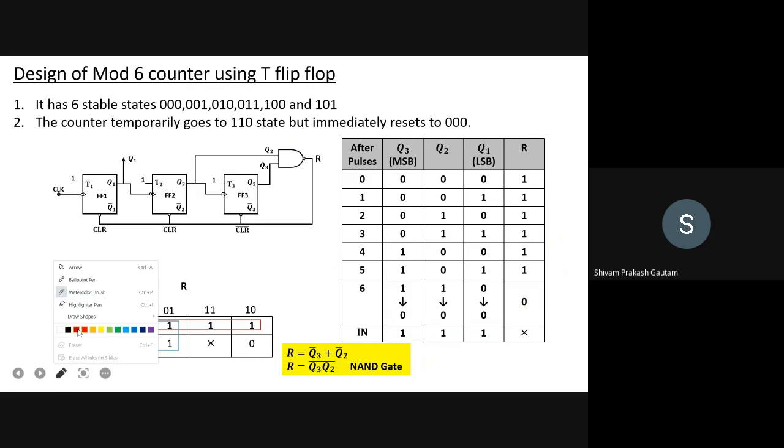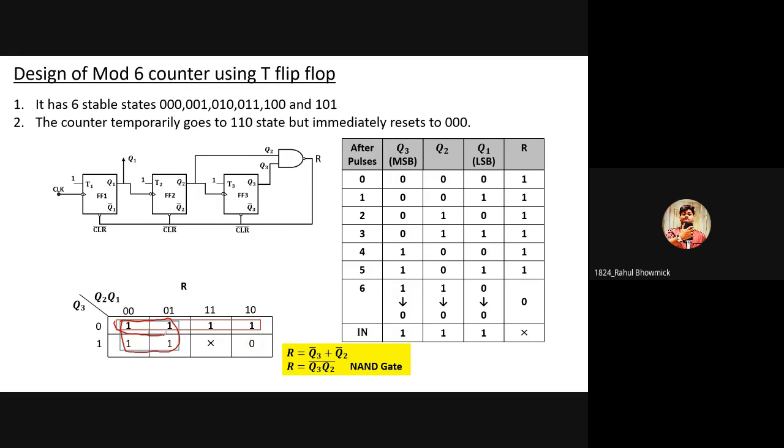Now we have to group them, right? So this will be one group, which is acting as a quad, and this is another group. This means that the NAND gate is coming from the values of R. Exactly. Yes. Okay. So when you group them, this R expression will come out. From the first grouping, Q2 bar will come out. Right? This is the first grouping, and this is the second grouping. From the second grouping, Q3 bar. Q3 bar, right? Q3 bar plus Q2 bar.